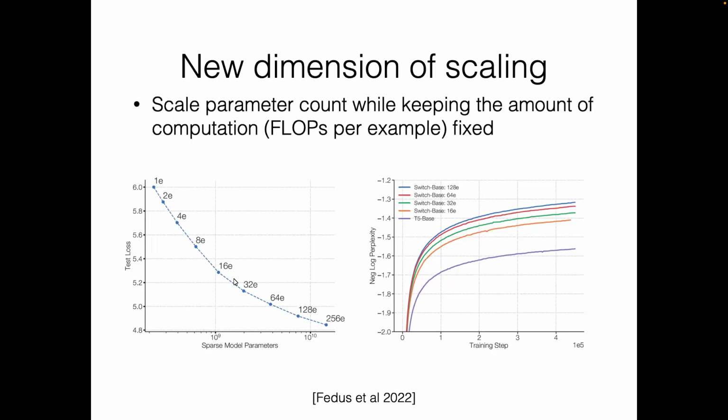Now the question is, is doing that actually useful? And that's what these plots are showing. The answer is yes. So as you increase the number of experts here, you can see that the test loss is decreasing. And here are some early results. This is from one of the early papers from people at Google. You can see that they have this model which is called the switch transformer. And again, here you could see the perplexity. And this was a baseline of using a non-mixture of experts model. And you can see that these models are also just performing better for a fixed amount of flops